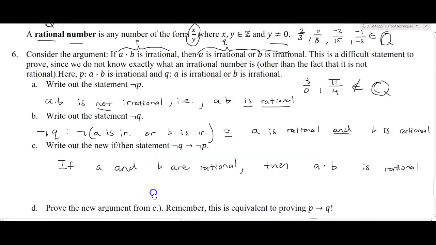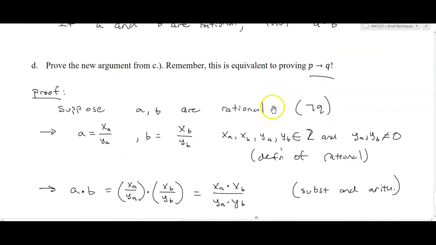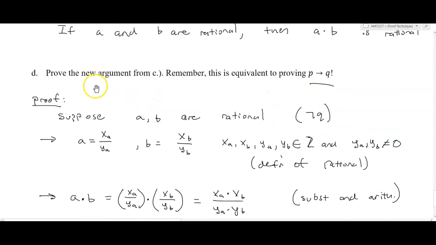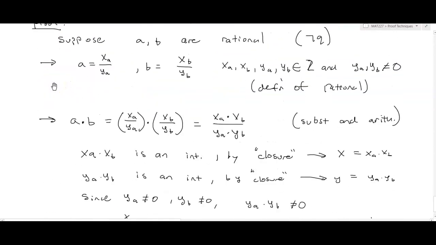We have proven that if A times B is irrational, then A is irrational or B is irrational. Now, it may not seem very gratifying that we proved that because we actually set out to prove it, but then we proved the contrapositive. However, again, the contrapositive is logically equivalent. So proving the contrapositive is the same thing as proving the original statement. And the most challenging part about doing contrapositive is rewriting those statements. And then when you're doing the proof, you're still doing a direct proof, but it's the direct proof after you've taken the contrapositive. So we'll go ahead and stop there.